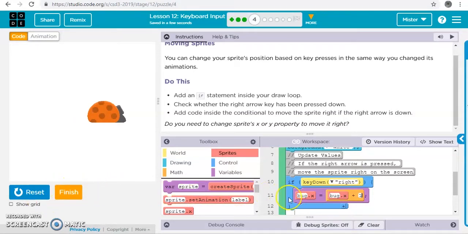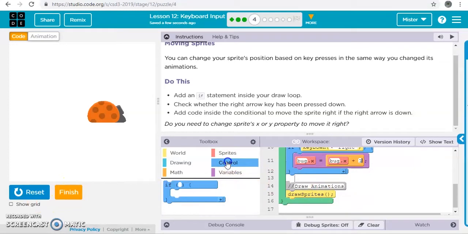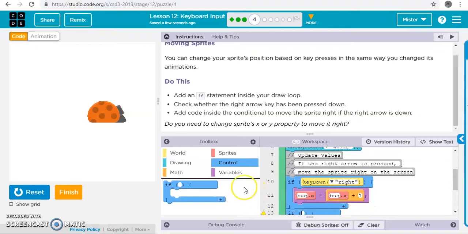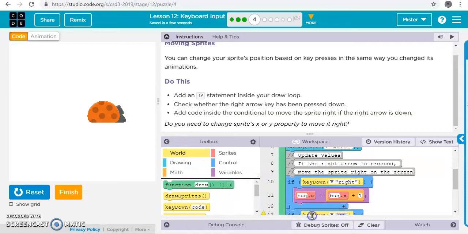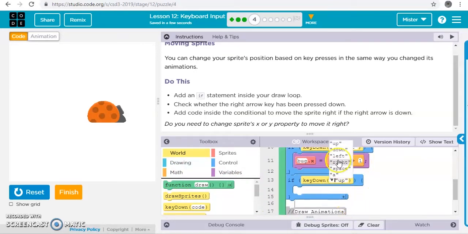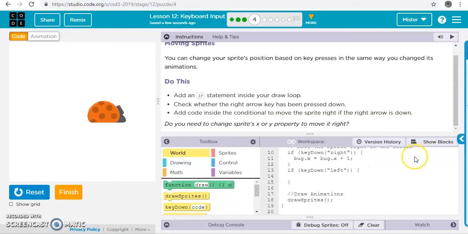Now if we want to get crazy, we can add another conditional. If keyboard left instead of right, and then remember we can just copy code too. So I'm just going to copy this code, copy, paste,